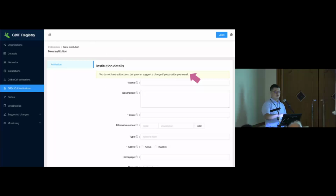And the top part, as you can see, there are several very basic fields that you can put in. Particularly important is the code. That's usually the institution code, the code that in the monograph or manuscript a specimen cites as the institution code used in